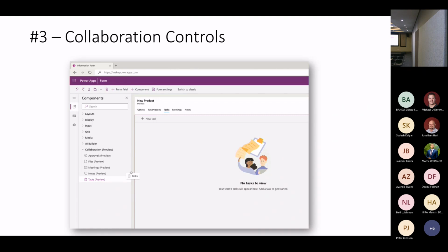technically under the hood, what they've done is you can go and add these controls to a model-driven app. So you'll see there, let's say we've got a model-driven app and there's a product table in the Dataverse. And I want to add a tab called tasks. Maybe I want to add some tasks related to a product. And so when I go and click new task there, in this case, it's actually going to go and create